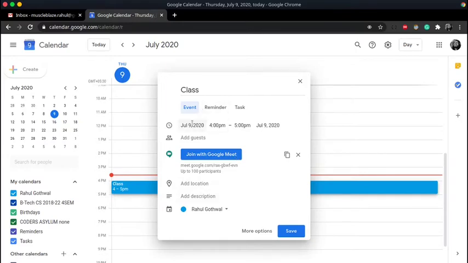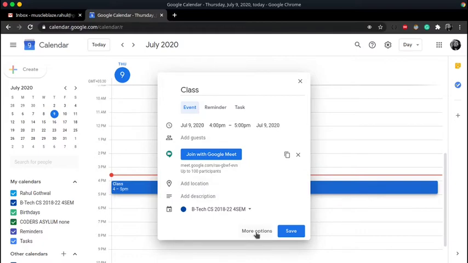So here we can assign date, time slot, add guest. If you have email addresses of your students or whomsoever you want to join, ask them to join in the meeting, you can add them. And if you're a teacher, you are having a Google Classroom and every student is there, you want to remind them or you want to notify them when the meeting is, you can here just select your classroom over here. Okay, you can add description, location, but it's not necessary.